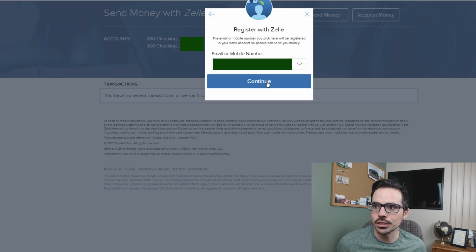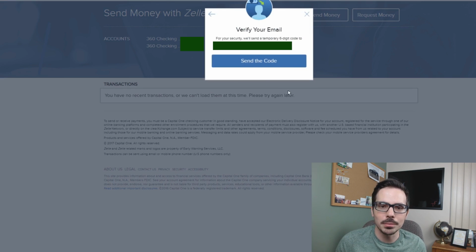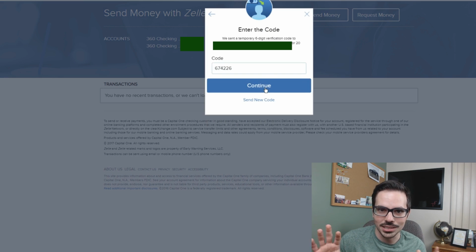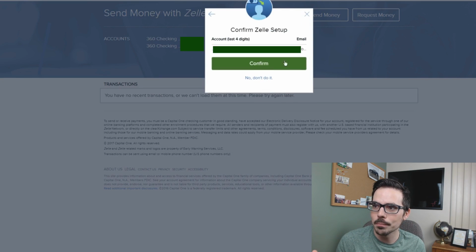I decided to go through and do the email. So it's going to send me an email and have me put in the code. What I'll do here is verify the email that I have on the account, and then I can hit send code. Once I hit send code, it's going to send me an email, which I got really quickly once I hit that. Then I toss in that code here in this section. Now, as I mentioned, I'm recording this as I'm watching it happen again because I can't reset up.